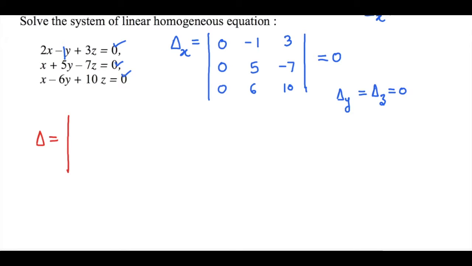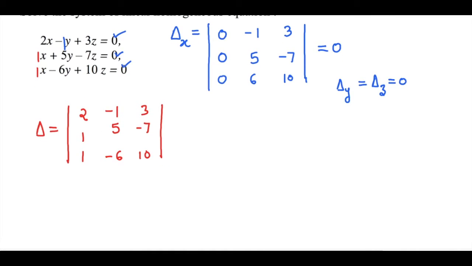For finding the value of del, you will use 2, 1, 1 and minus 1, 5 and minus 6 and 3, minus 7 and 10. So here we have put the values of the x coefficient, y coefficient and z coefficient in the first column, second column and third column. That's all. So to solve this determinant,